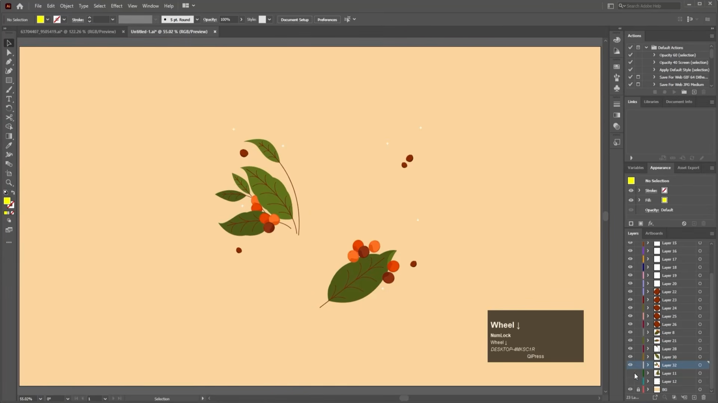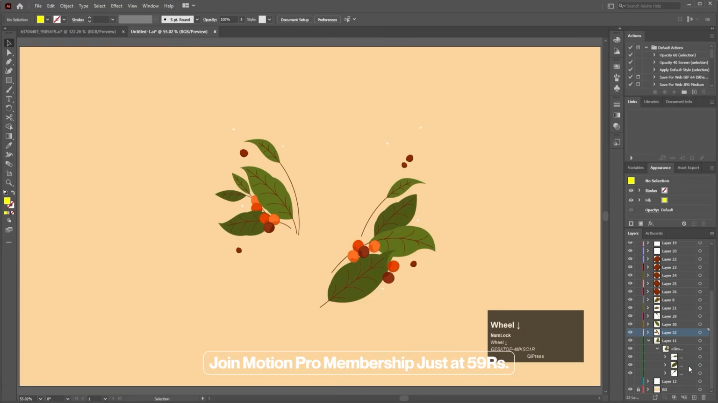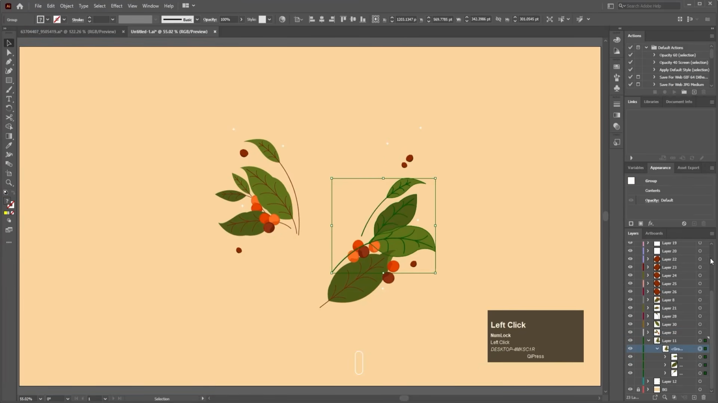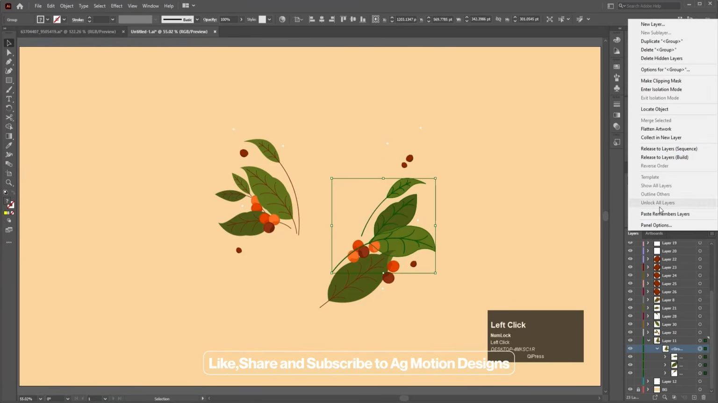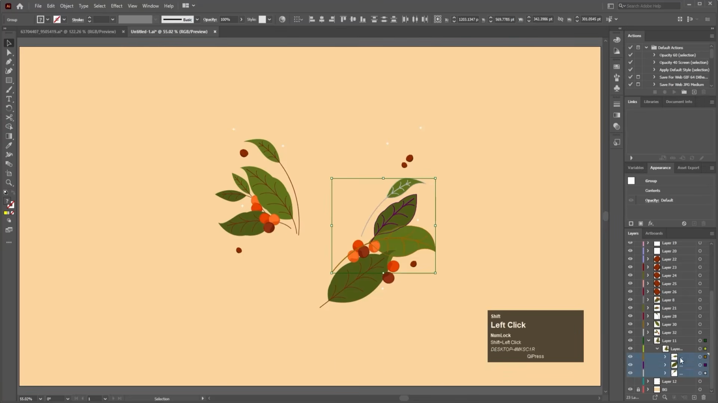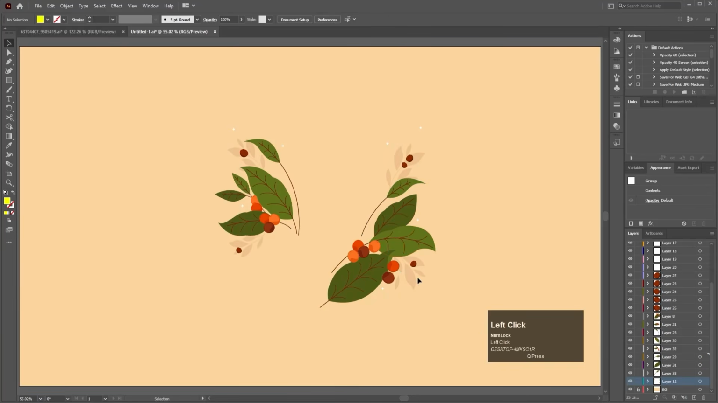Then after that, the remaining one is this one. For this one as well, we need to follow the same procedure. Go inside this, click to target, release to layer sequence, select all of them and try to bring them at the top, and let's delete that. Okay, like that. And last one, we have the small,